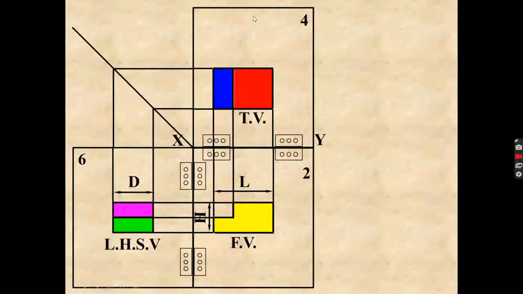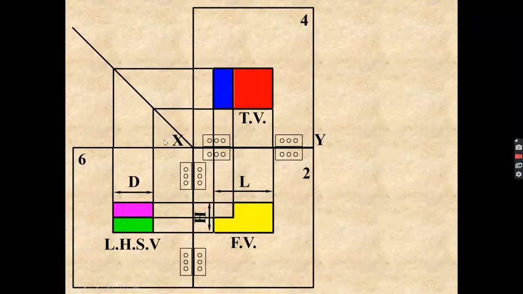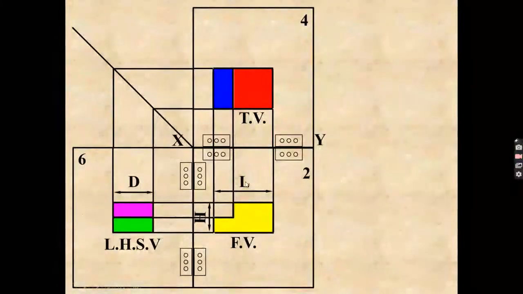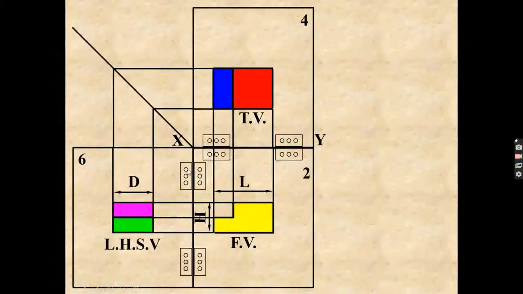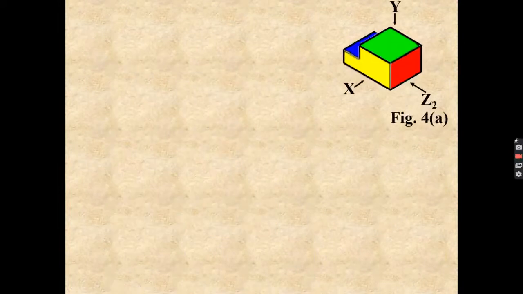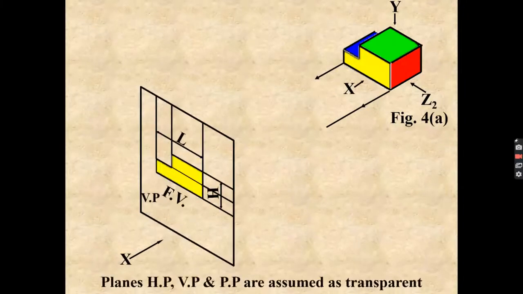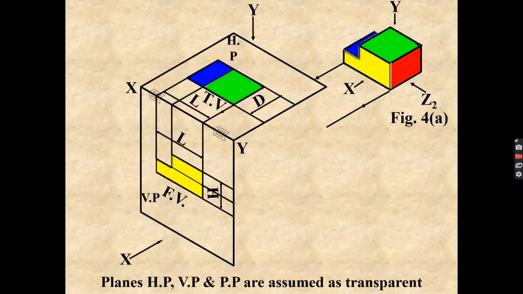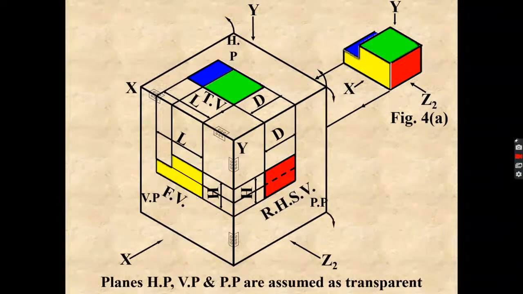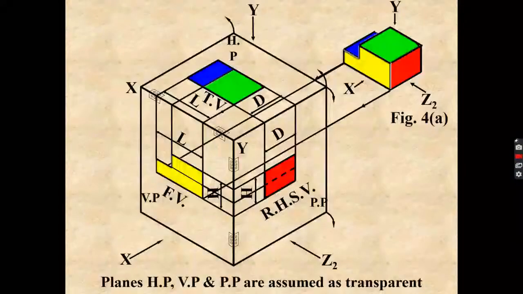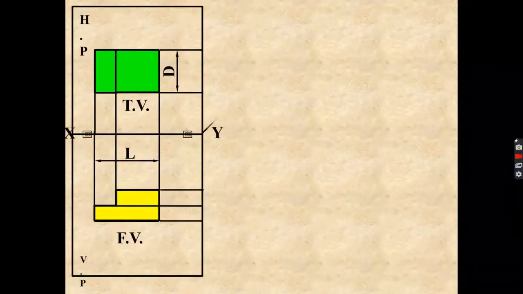As I mentioned earlier, this rectangle box you don't have to draw, and also the labels front view, side view and top view you don't have to write. The only portion you have to draw is the front view, top view and side view and the projectors. In a similar way, it is your left hand side view, and this is how you will draw it on the drawing book.